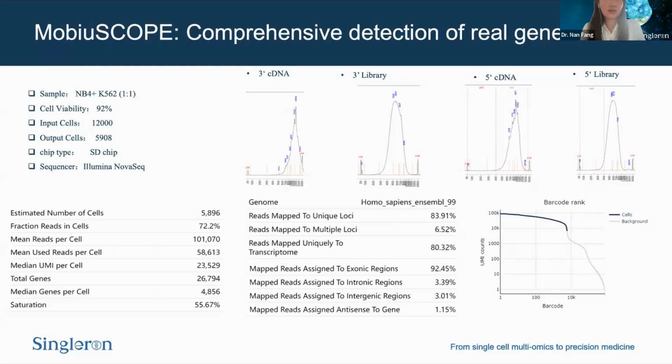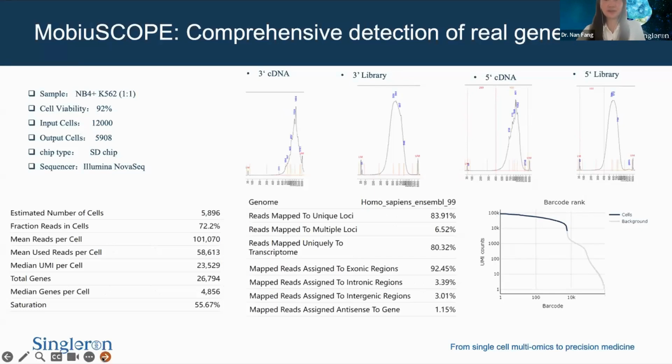As you can see here, with 100,000 reads per cell, we could detect from those cell lines more than 23,000 UMIs per cell, median, and almost 5,000 genes per cell. And again, more than 90% of the reads are assigned to exon regions,